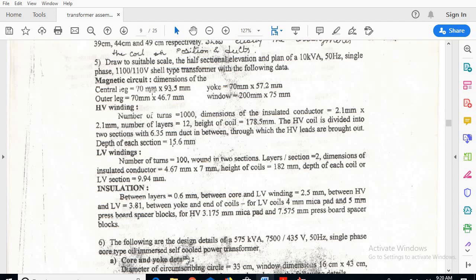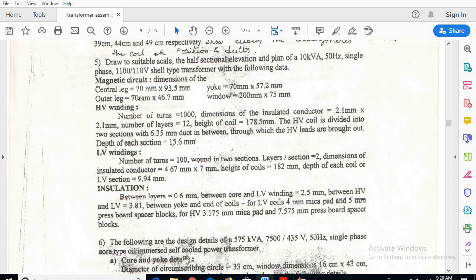Central leg 70 mm into 93.5 mm. So depth is 70 mm, and width of the central leg is 93.5 mm. Next, yoke depth is 70 mm, and the height of the top and bottom yoke is 57.2 mm.